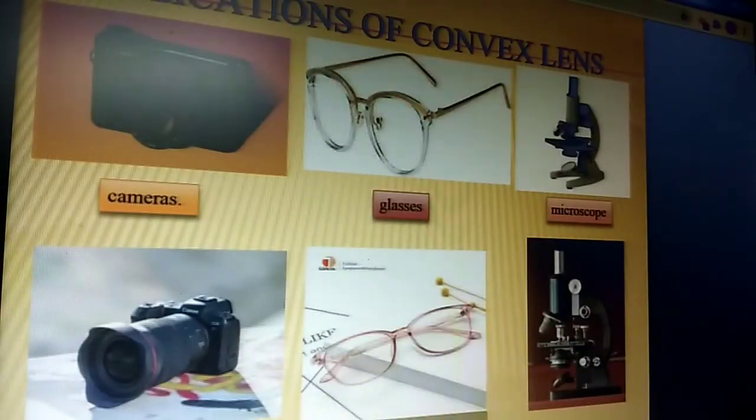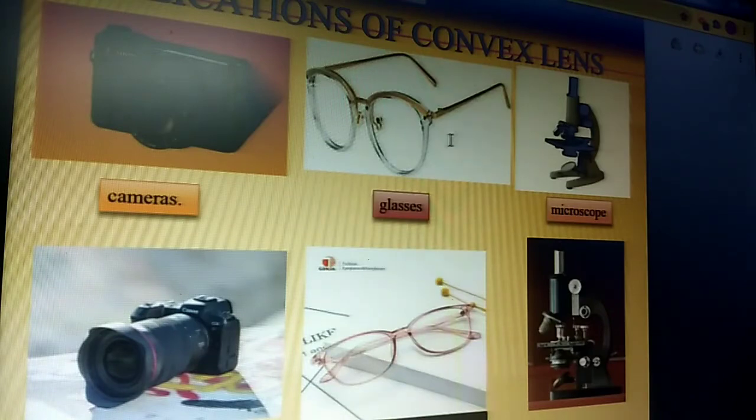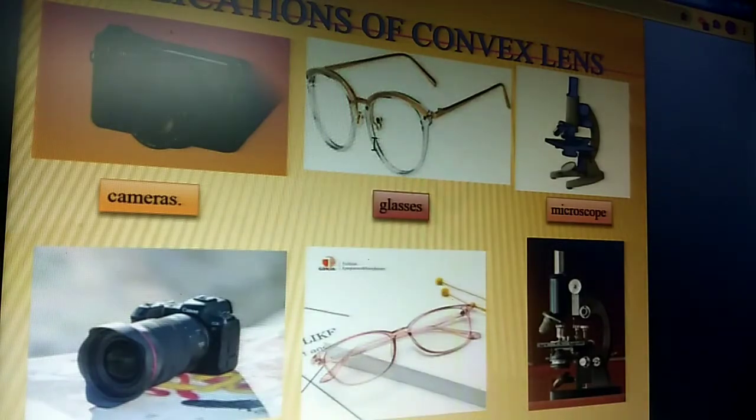See, these are cameras, glasses based on the powers, and in the microscope also, concave and convex lenses are used, mostly convex lenses. Convex lenses are used in spectacles for presbyopia as well as hypermetropia, that is long sightedness, and in cameras also. Even in a mobile camera there will be a convex lens. Then in binoculars and